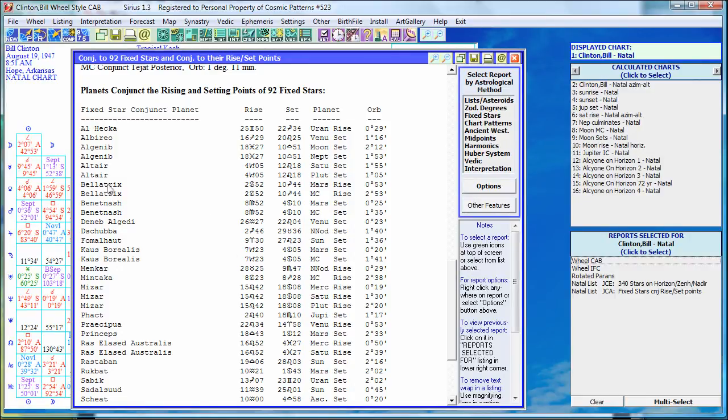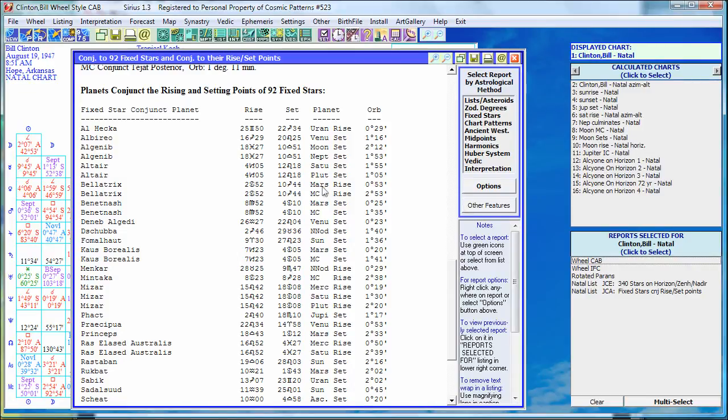let me go over how to read this, because it may not be obvious. We'll take the fixed star Bellatrix, where Bill Clinton was born in Hope, Arkansas, in that year, or specifically on that date, to be more precise. Bellatrix happens to rise when Cancer 52 is rising. So Bellatrix is associated with that degree, and